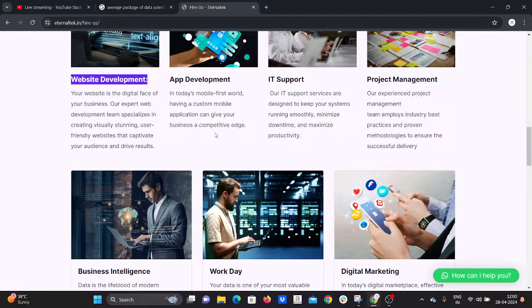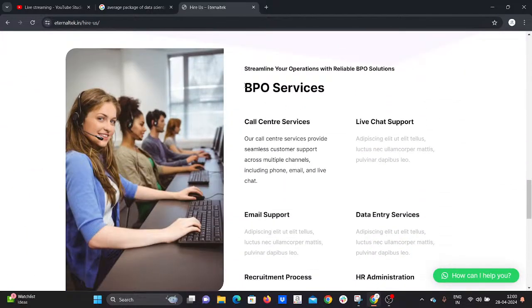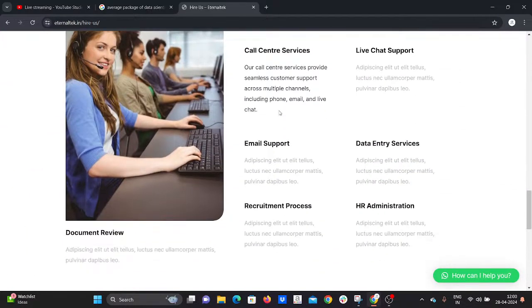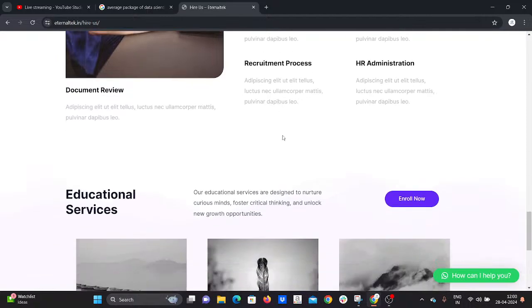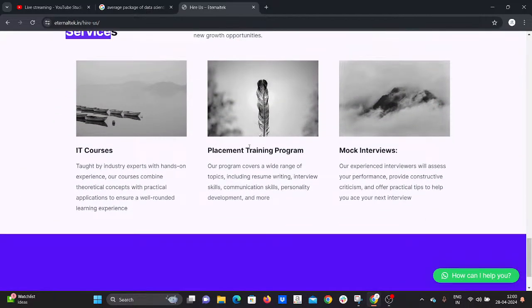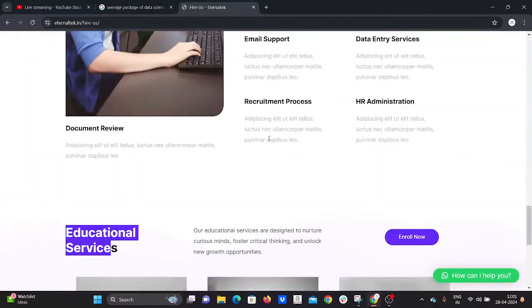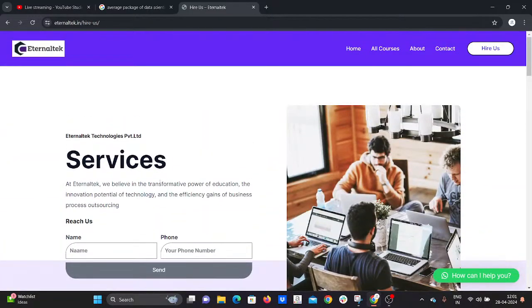If you train with us and work on real-time projects, that experience is good for you. We also have BPO services like call center services, email, data entry, WhatsApp. We have a recruiting process, HR and administration, document verification. And the education services are IT courses, placement training programs, mock interviews. These are the things we are providing.